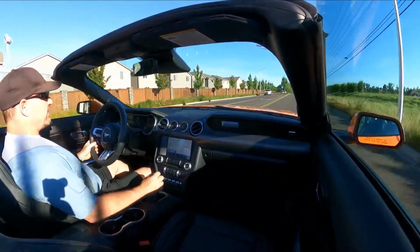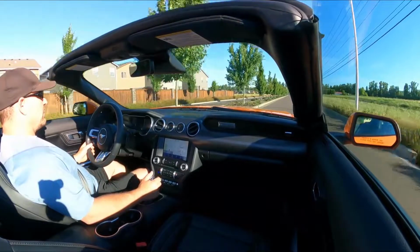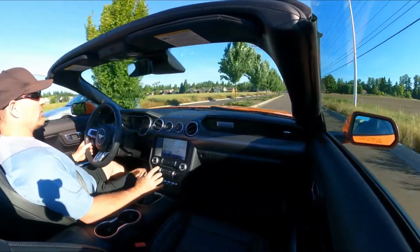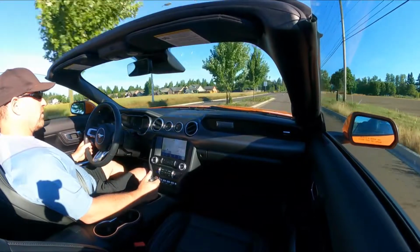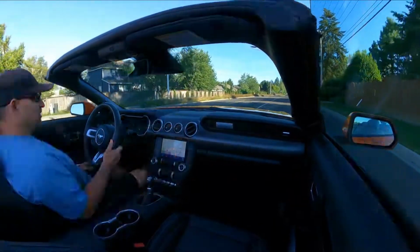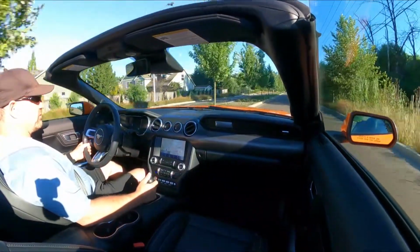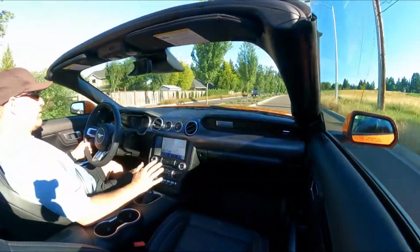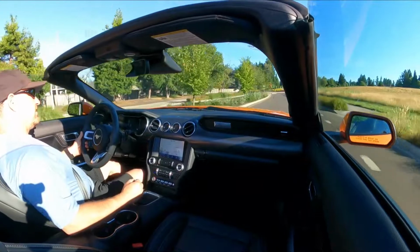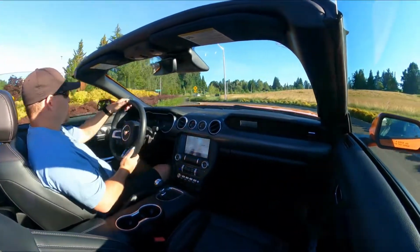The 5-liter Coyote, I just wanted to talk about it a little bit, is just such a good motor. It accepts boost, whether it be from a turbo or a supercharger. It's not as high-strung a motor as a GT350, which from the factory is so high-strung. The 2021 5-liter Coyote motor, Gen 3 is what they come with, is I think 460 horsepower. I believe in 2022, because of emissions, they reduced them to 450. So what I think is cool about the 2021 is it has the same horsepower as the 2022 Mach 1, because they had to cut the horsepower in the Mach 1,